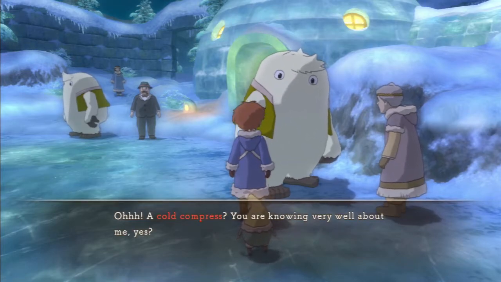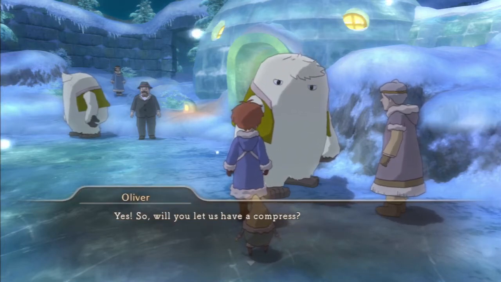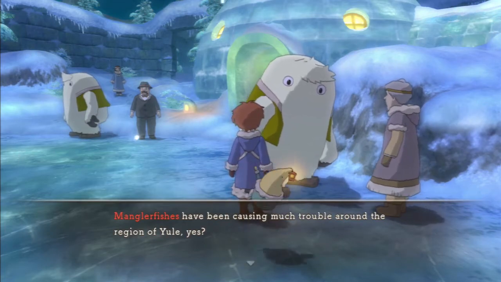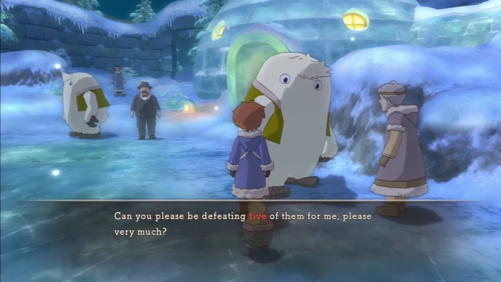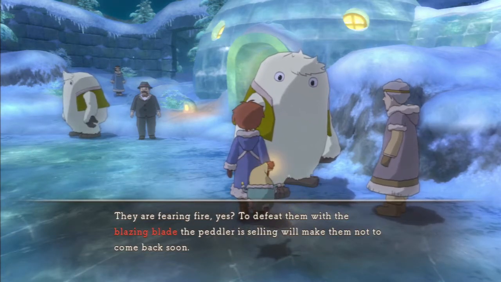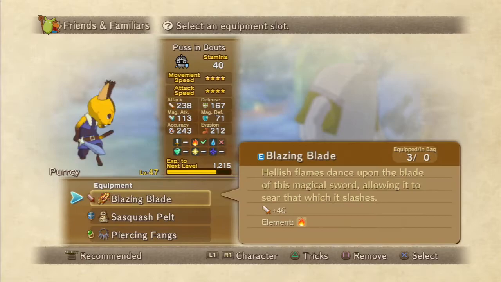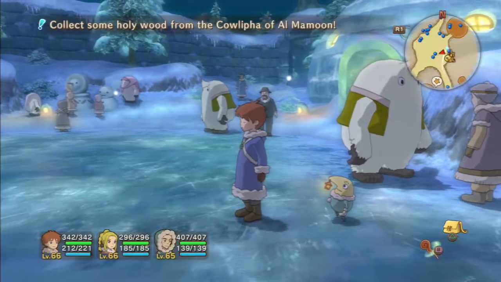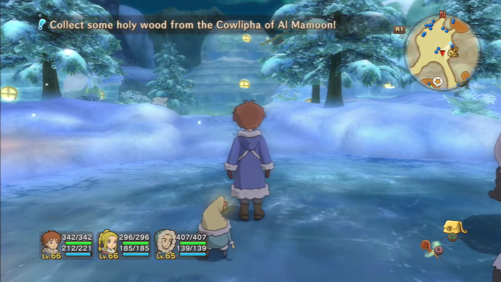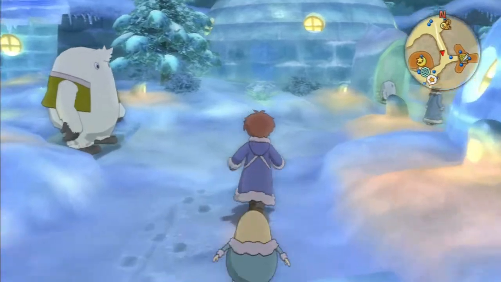Cold compress. Manglefishes have been causing much trouble around the region of Yule, and he wants us to kill 5 of them. But you have to defeat them while using the Blazing Blade. Now, only one of your familiars needs to have this equipped. There we go. And it doesn't matter if they hit the creatures or not. As long as one of your familiars in your party has it equipped, then the tally will add up. So kill 5 manglefish, and hopefully he will give us the cold compress